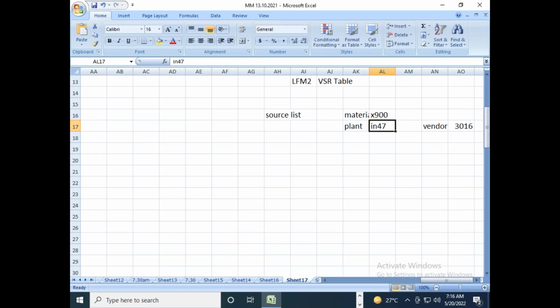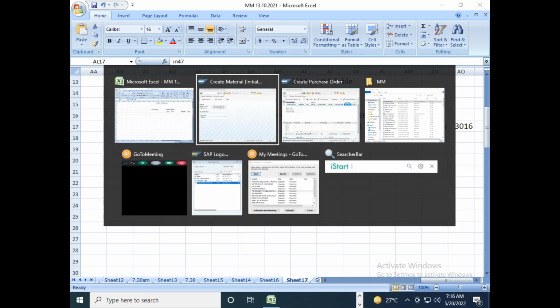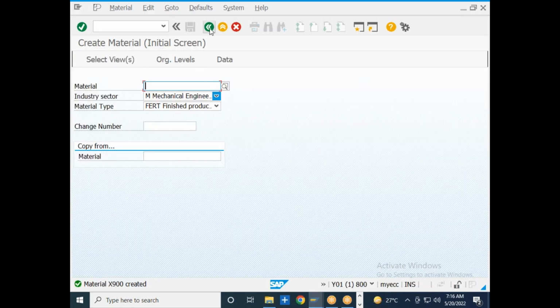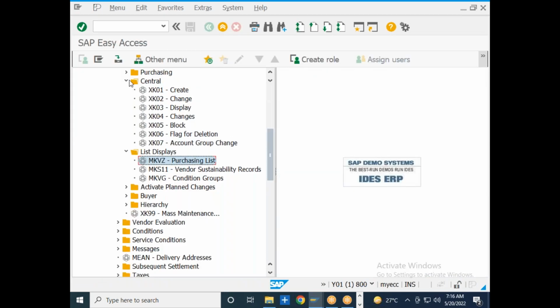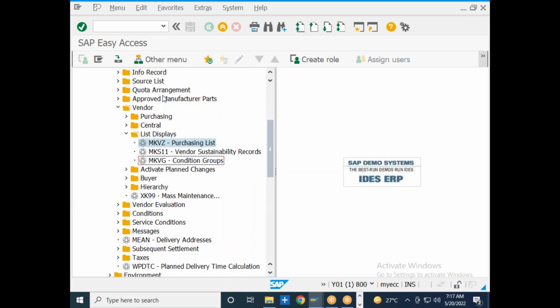Okay, so I want to maintain, for a particular material and plant combination, who the vendor is that my system should populate automatically if I am creating a purchase order. So that is nothing but a source list. What is the transaction code for the source list? So I will go to the